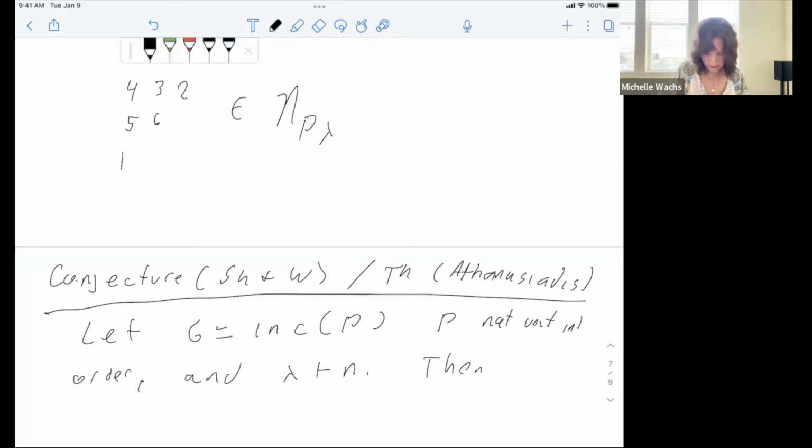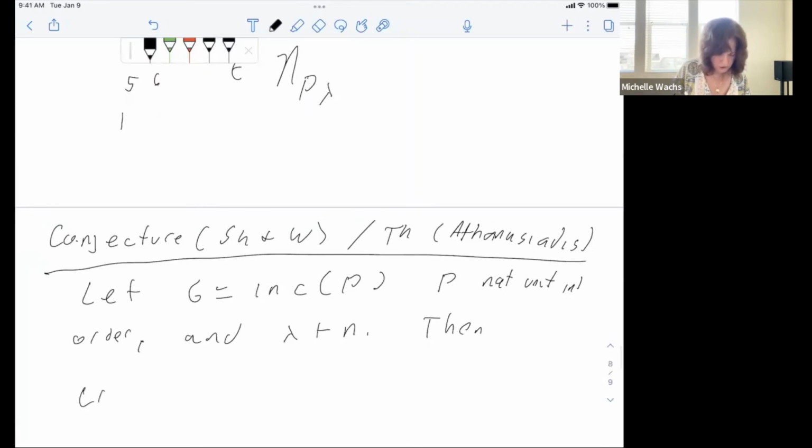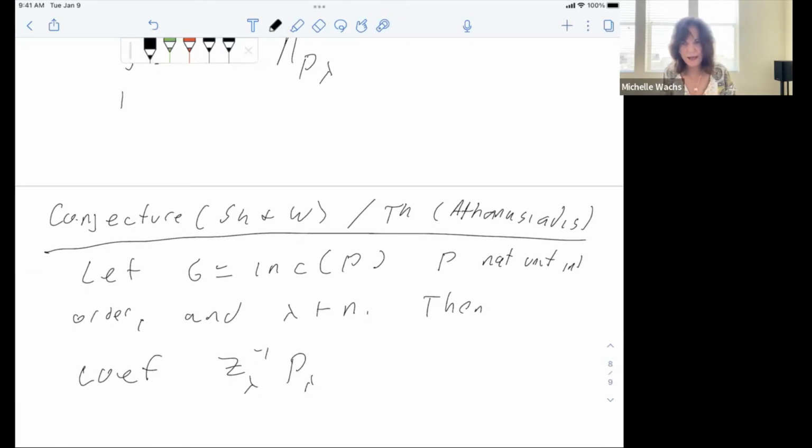Then the coefficient of Z lambda inverse P lambda. I'm sorry, there are two P's here. One's capital and one's lowercase. It's hard to tell, but